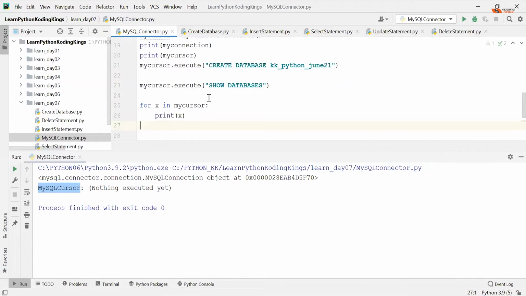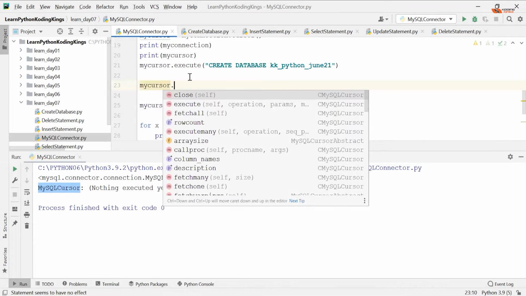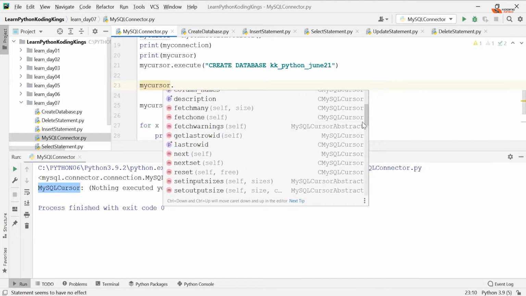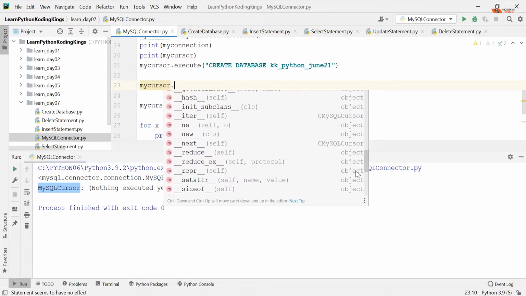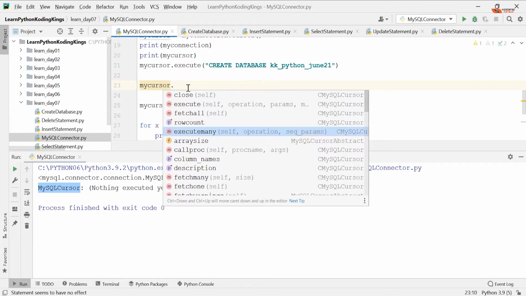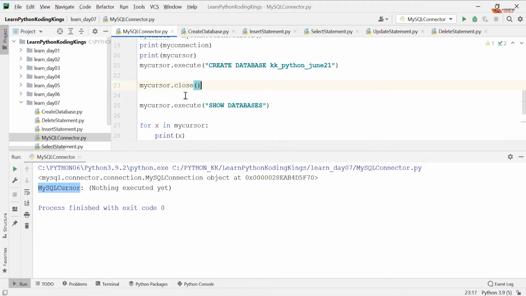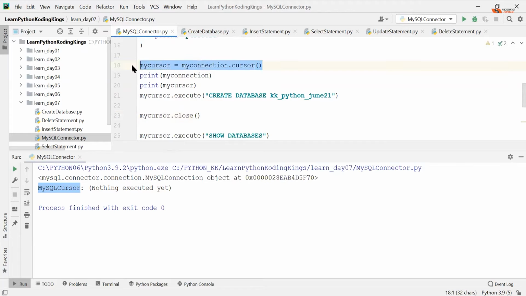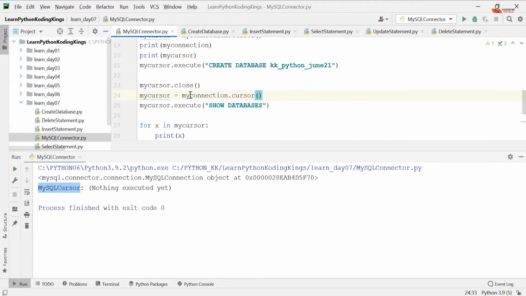Here you go. So cursor.execute show databases. Now remember, this execute actually retains the result of this particular query. So the good way is to close this particular cursor and recreate it. Okay, so cursor dot, you have something called close. Hold on, I'll give you this command. Yeah. So cursor dot, you just say close and reopen that cursor with the connection. This is very common. Or another way will be to create a new object altogether.